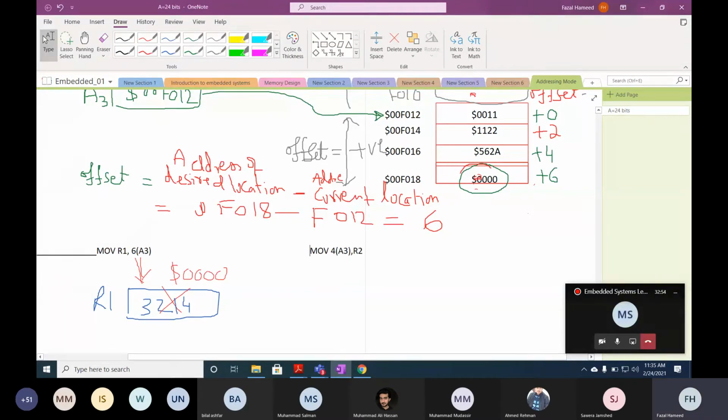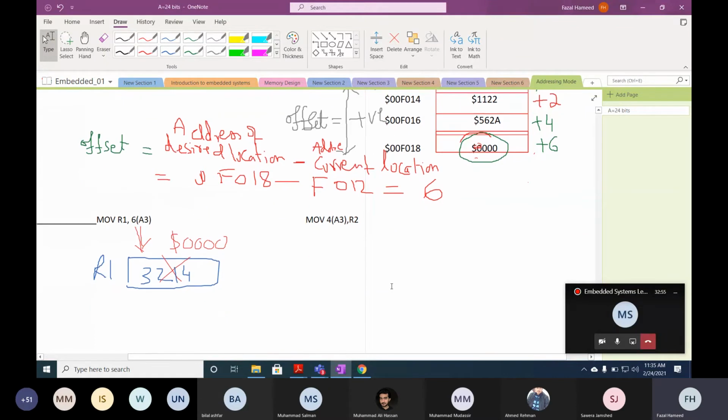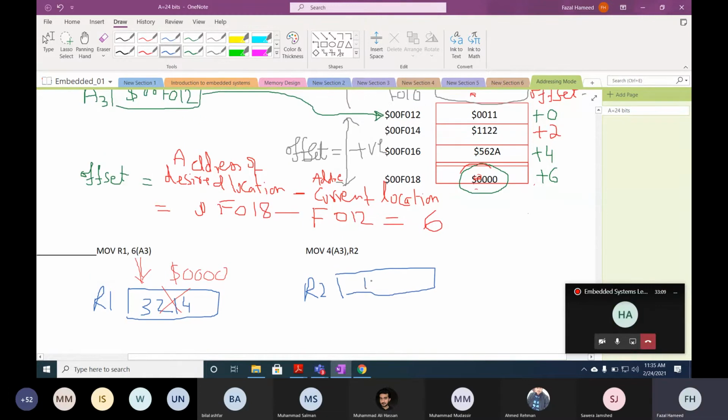So let's assume we have this instruction, move 4 A3 comma R2. Okay, now let's assume a scenario. Let's assume that the value of R2 is $12AB. What will happen?